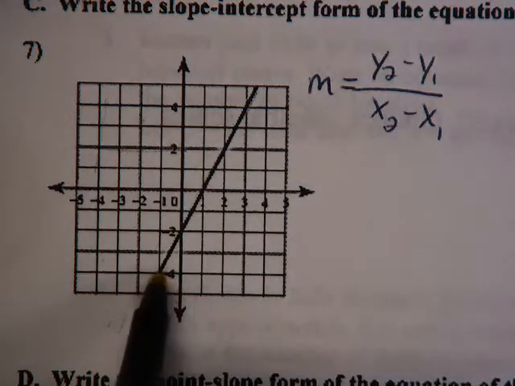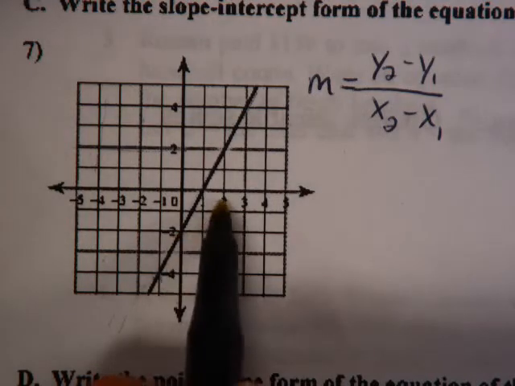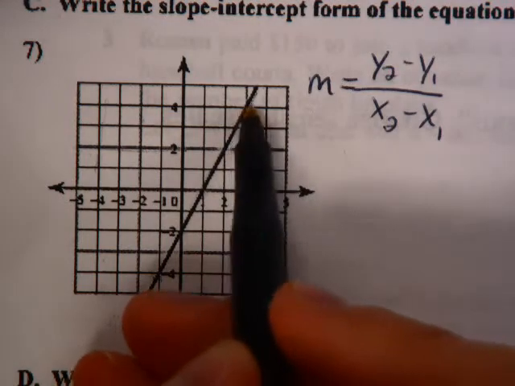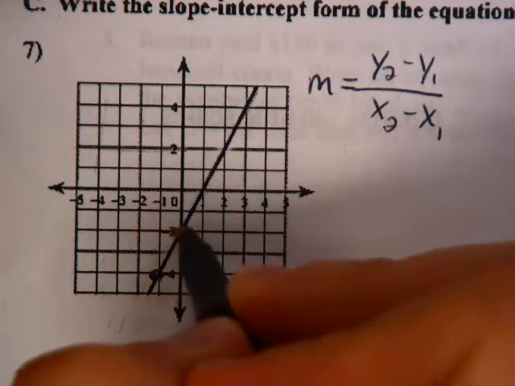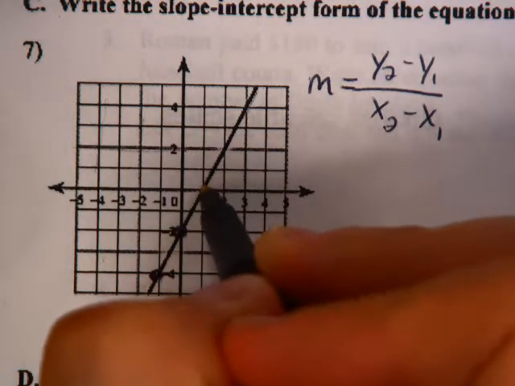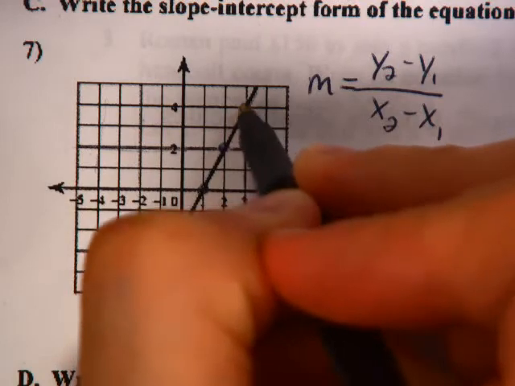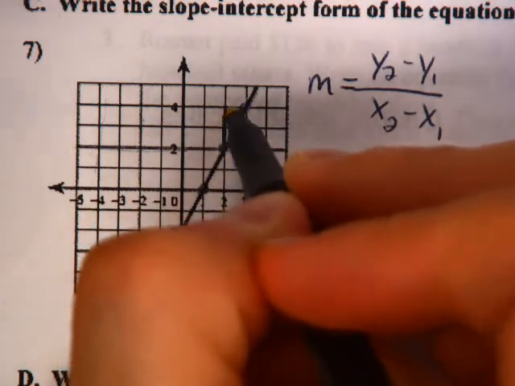Like if we look down here, it intersects right there, it intersects right here, it intersects right there, and all these points are very important. Because if I travel from one point where it intersects to another point where it intersects, we measure that distance as the change of y